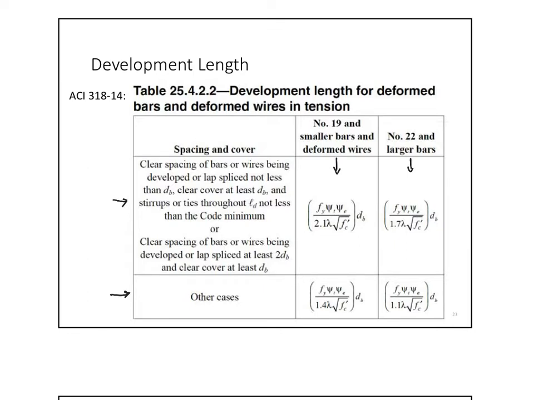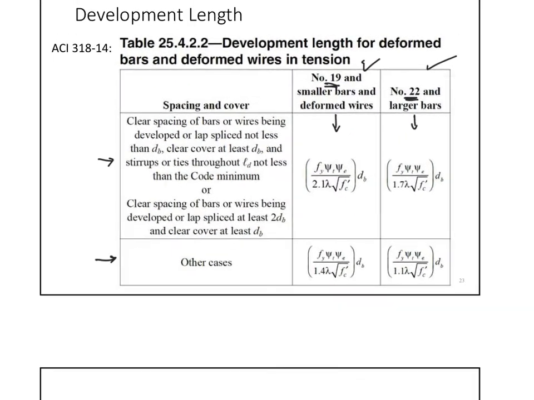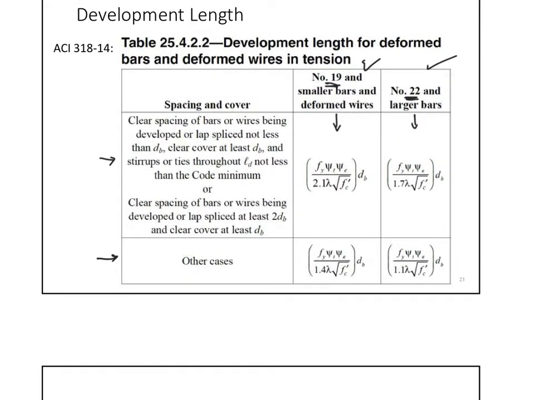This, or this. Okay? Now, what are those talking about? The first column is number 19 or less. The second column is number 22 or more. Simple. So we know which column to use. If it's number 16, 516, I go here. If it is 525, I go here. And so forth. Now for the other one here on the side, I have those 2 that talk about